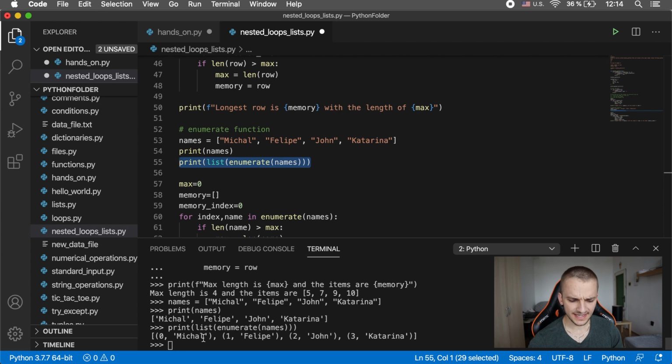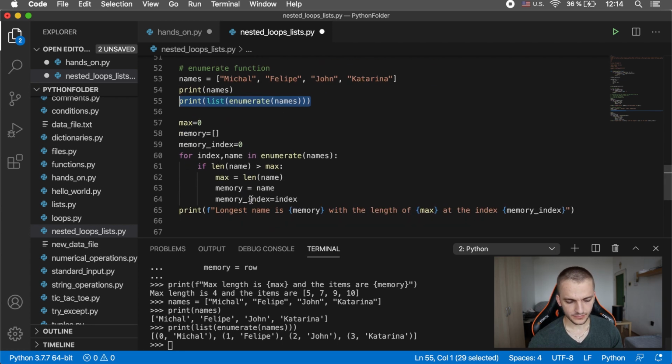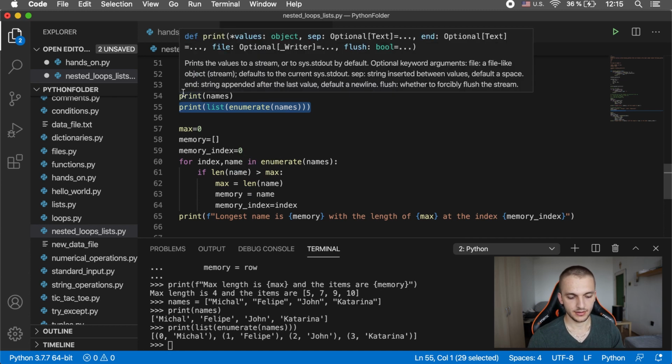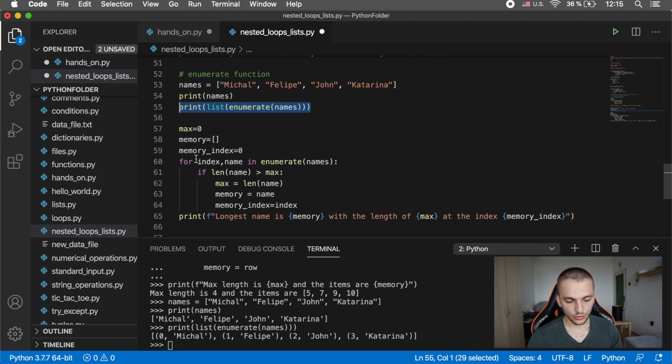And now this can help us. For example, we want to find the longest name in the list. And we want to find the index of it. So not just the size, not just the content, but also the index. Okay? So I copy pasted the same function from the last time, and this time we applied it to names,